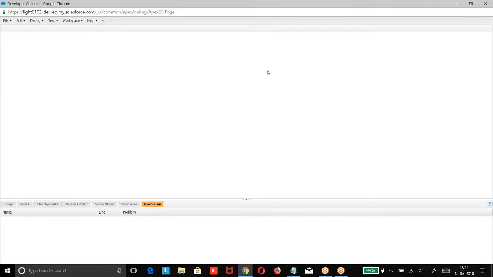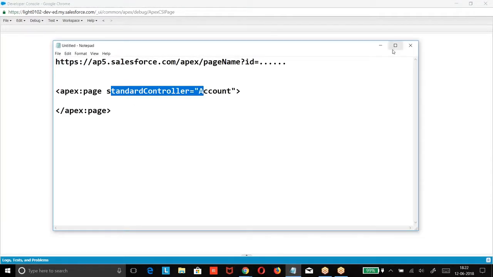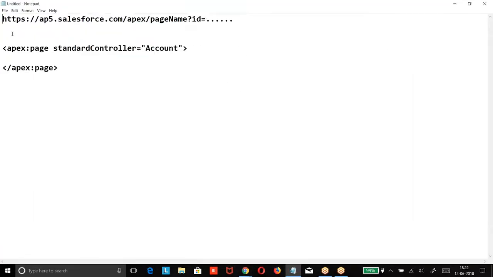There are two types of actions that we have. One is a global action, the other one is an object specific action. This is common in both Lightning and Visualforce. So we had actions. The action can be a link, it can be a button.